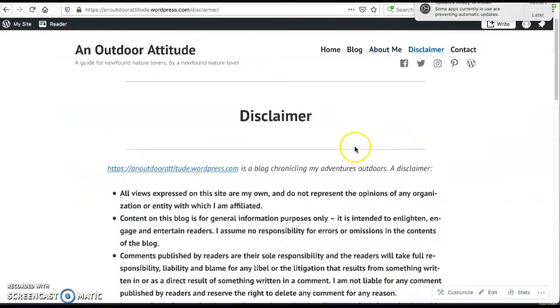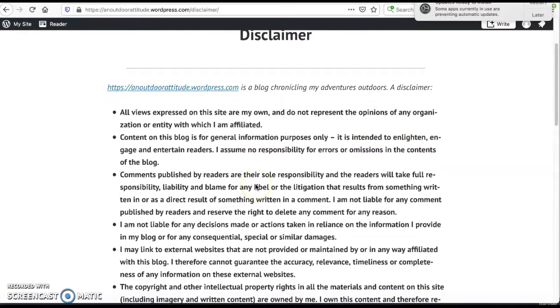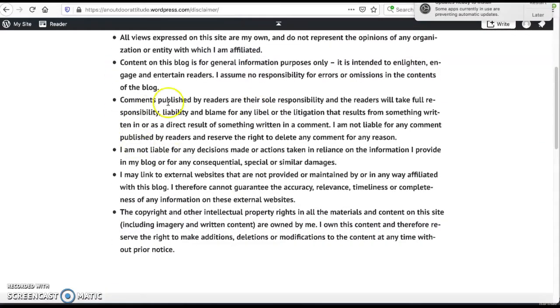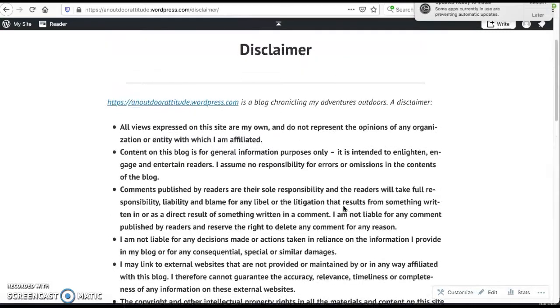Then it's my disclaimer page. It's pretty straightforward, saying that all views are my own and don't represent the opinions of any organization or entity that I'm affiliated with. Content is for general information. Copyright and other intellectual property rights are mine. I own this content, and I'm not liable for any decisions made or actions taken based on the information that